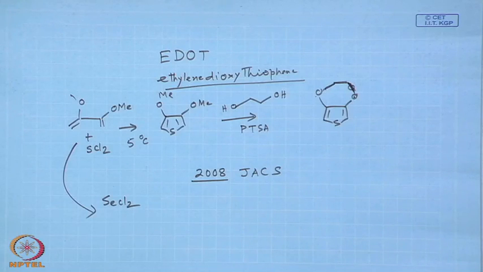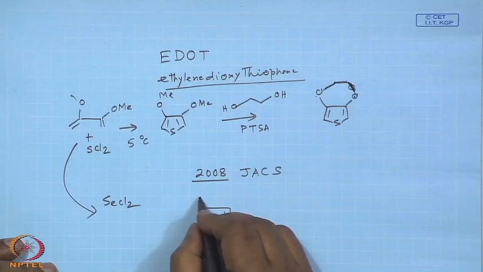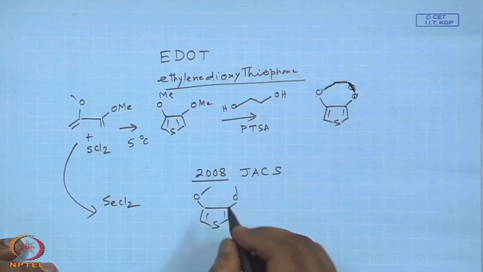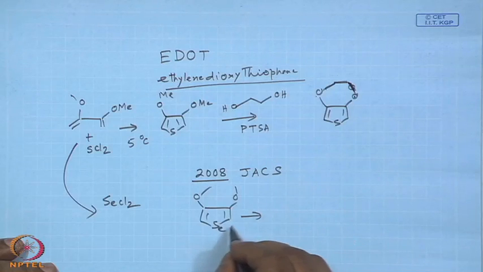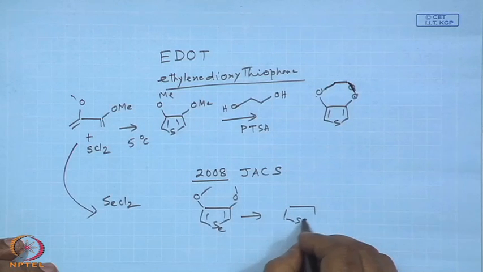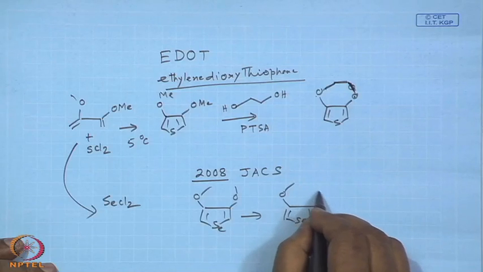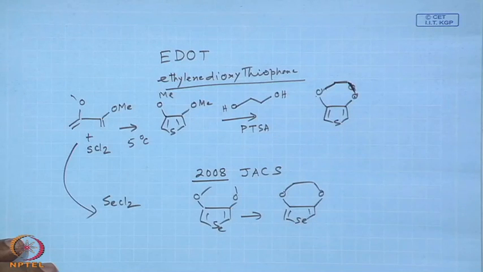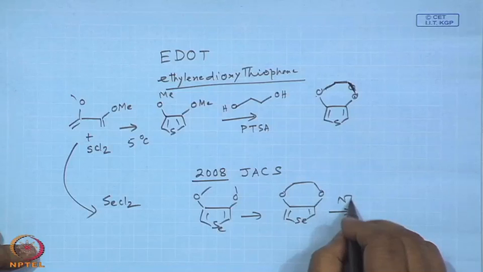Selenium dichloride, exactly the same thing he has done, but then, sorry, selenium here. He has made these. The only thing is he did not stop here; he developed the method for the polymerizations. What he did, he reacted with NBS,